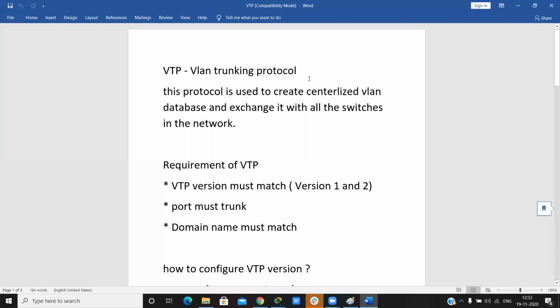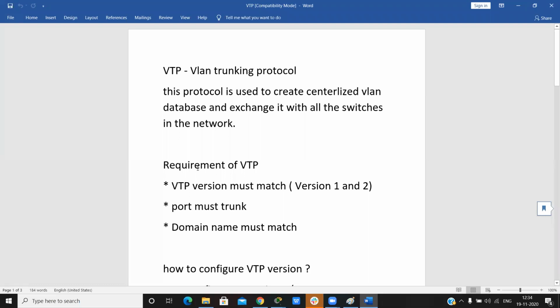Okay, so VTP is VLAN Trunking Protocol, and this is used to create a centralized VLAN database and exchange it with all the switches in the network. If there is a local area network with 5 or 6 switches, VTP creates one centralized VLAN database and exchanges it with all the switches.